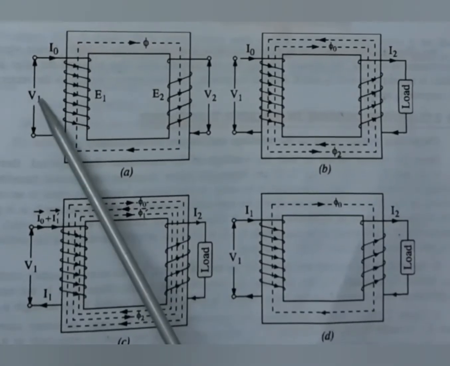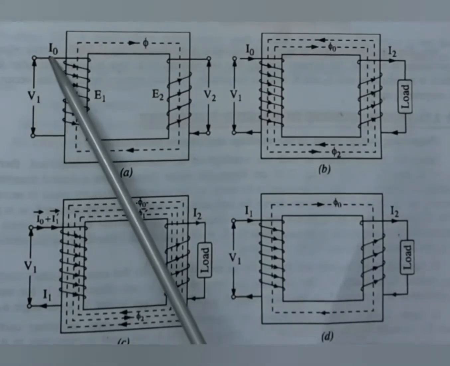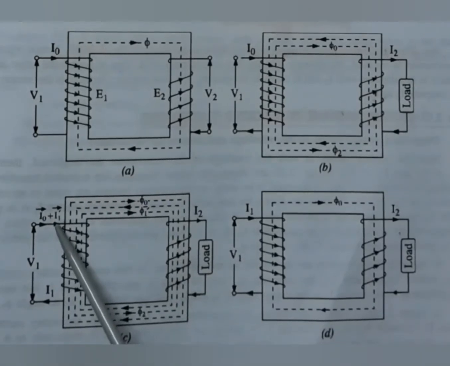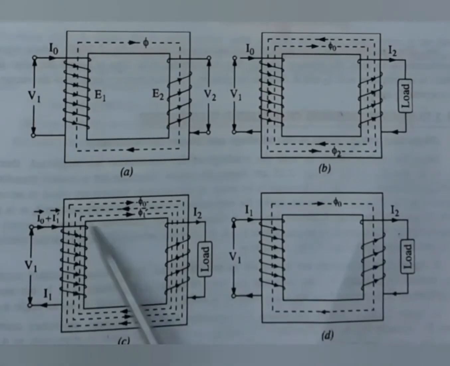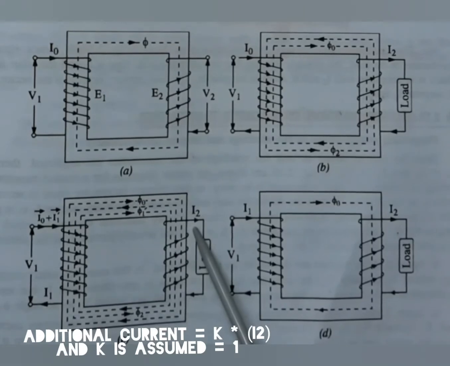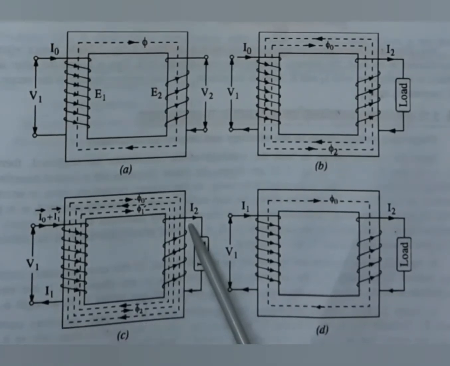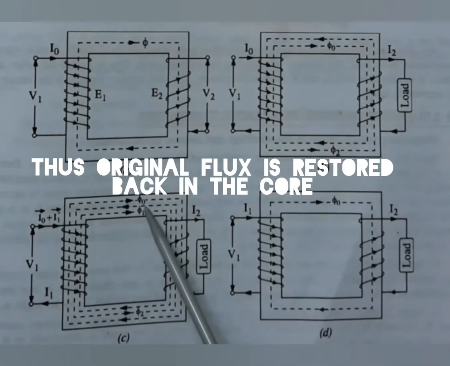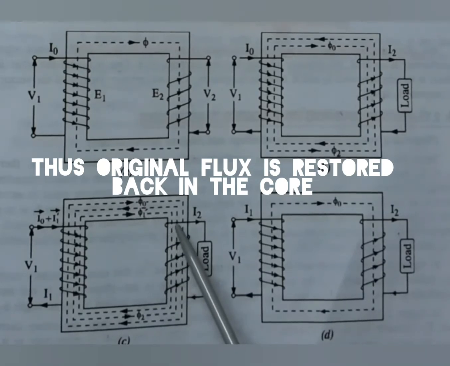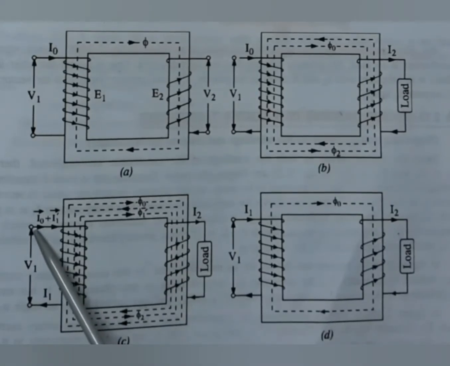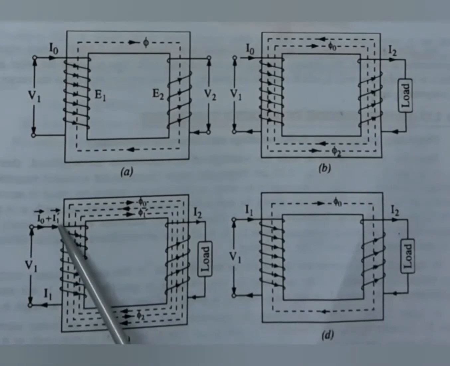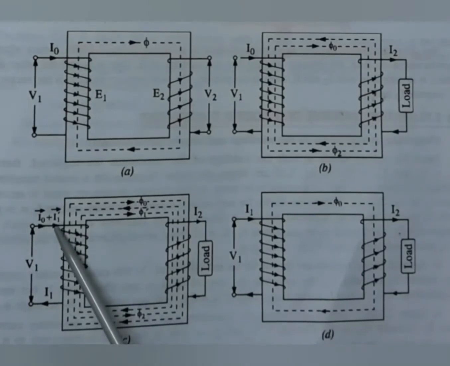So V1 is higher, and this causes more current to flow from the V1 to E1 side, and this additional current will be known as I1 dash. This I1 dash will be equal and opposite to I2 so as to nullify the effect of I2 on the flux phi naught, that is the main flux. So the primary here is now providing no load current plus this additional current I1 dash.